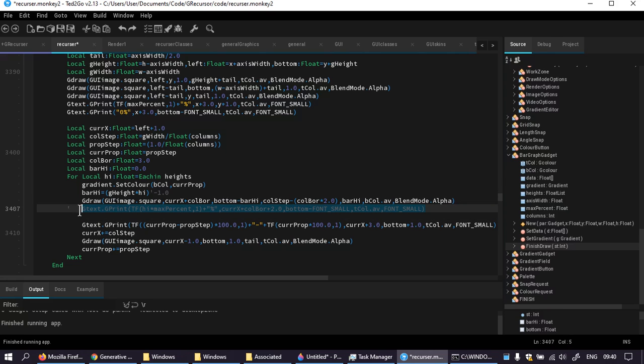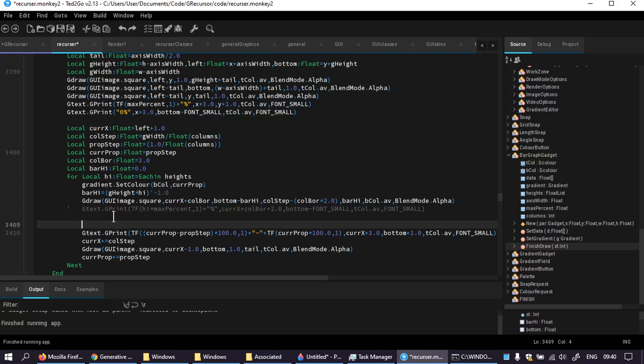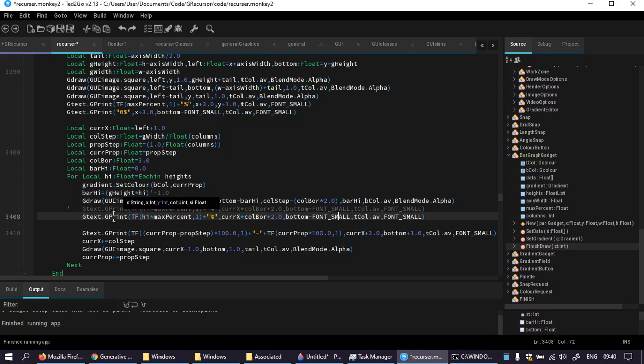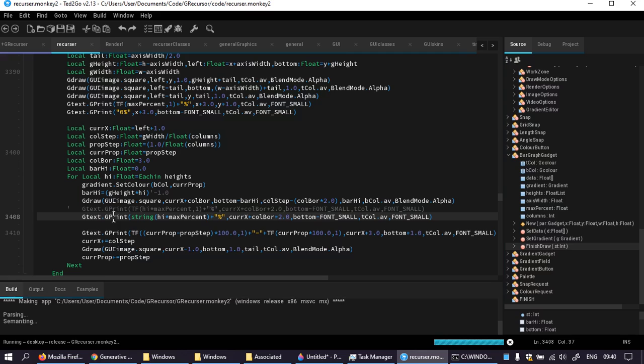I have a feeling my truncated float is doing something daft, but it can't be making something like that happen. I think what I will try is just the string of that. And that's going to scoot all the way off this side. But if there is some reason that my truncated float's having a problem with a particular number,